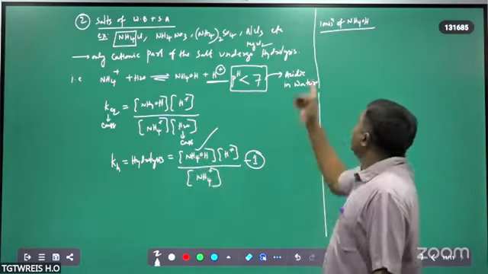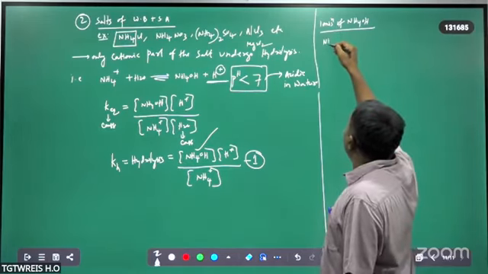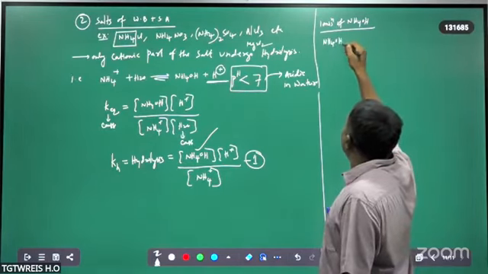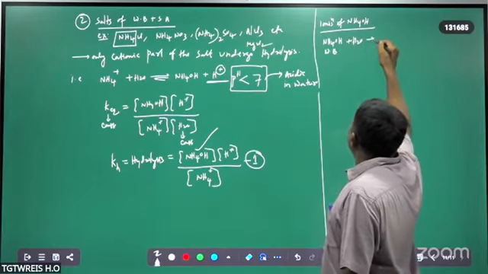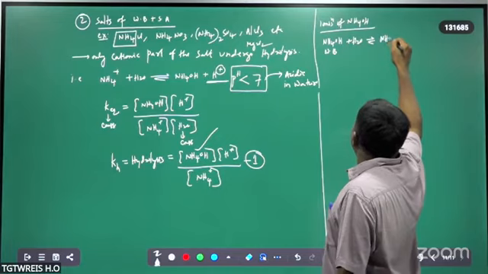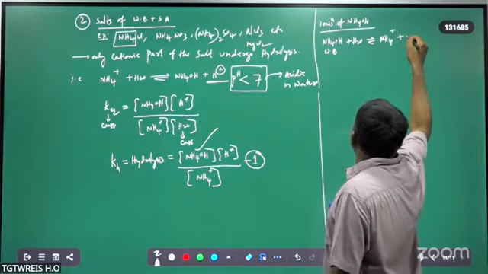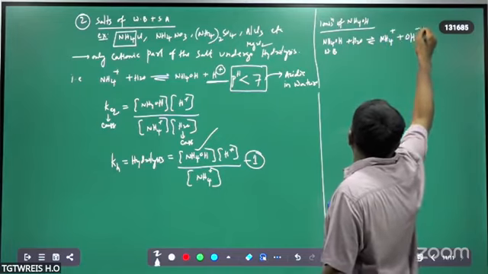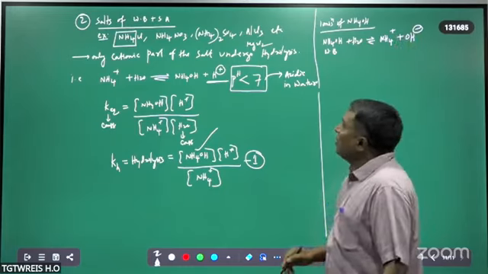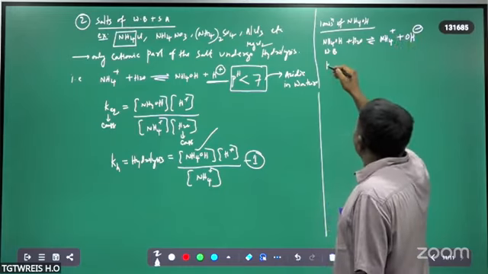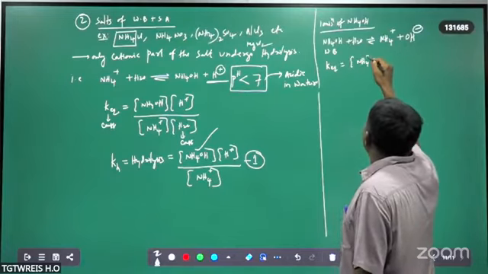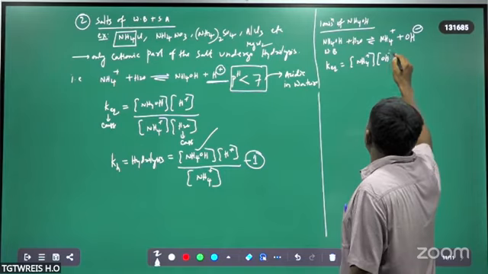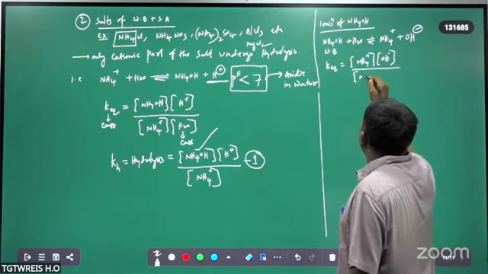What is NH4OH? It is a weak base. So NH4OH when dissolved in water, you will get the NH4 plus. It is undergoing hydrolysis. NH4 plus OH minus. So it is an equilibrium. That's why K equilibrium is equal to NH4 plus into OH minus by NH4OH